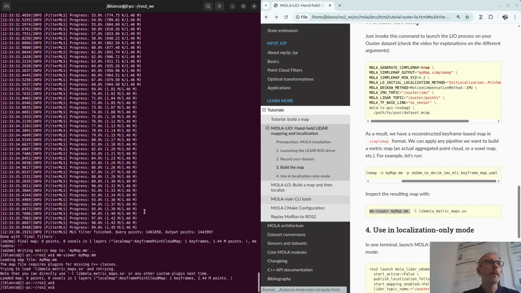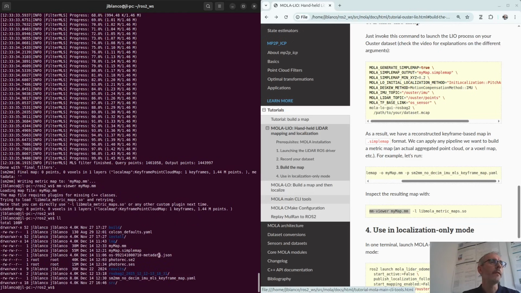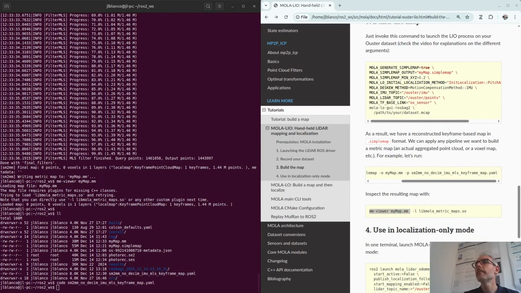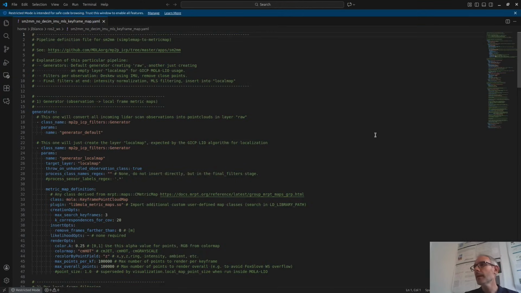And now let me explain what goes into this pipeline here. So what is an SN2MM pipeline? This takes as input the set, remember, of keyframes from mapping.